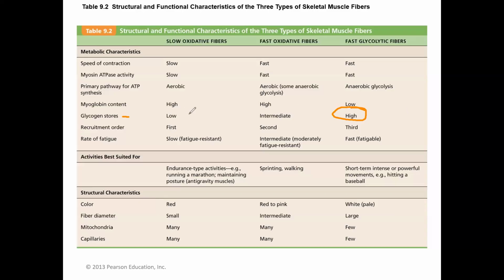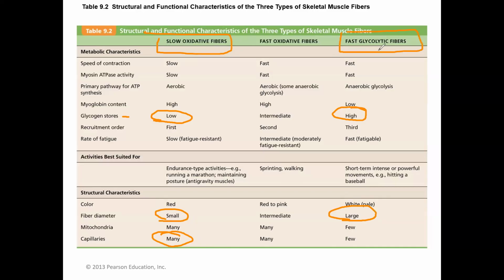The slow oxidative fibers don't have that much in-house storage of glycogen, so they do not contract as quickly. They're more dependent on getting their nutrients from capillaries, which takes a while. And then last, the diameter. Which ones are the largest in size? It looks to be the fast glycolytic, whereas smaller in size are the slow oxidative. The percentage of the slow oxidative and fast glycolytic in the body depends mainly on your genetics, how much you